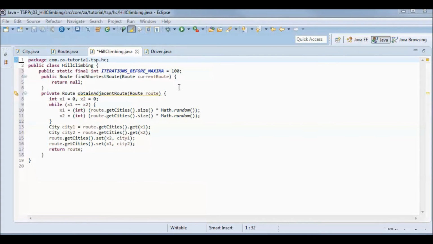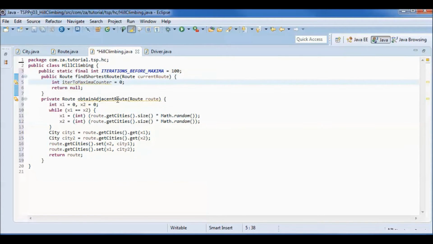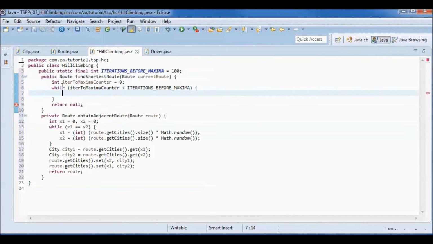So let me define here iteration to maxima counter, and I will be using it in this while loop. So while it is smaller than this iterations before maximum.